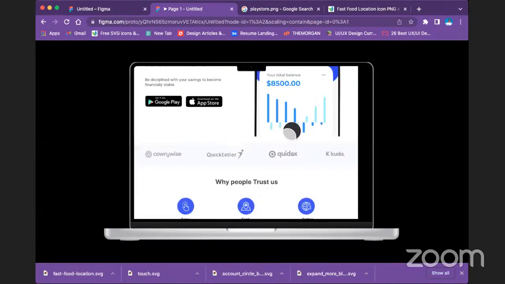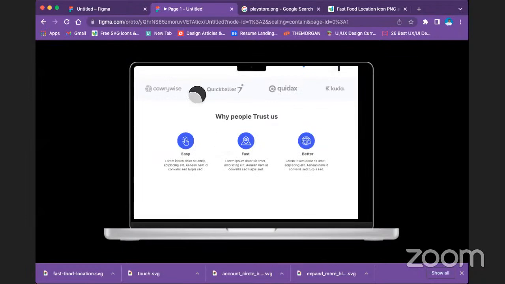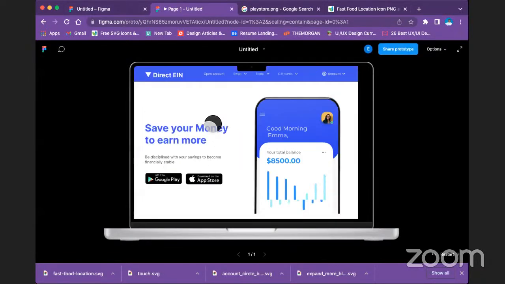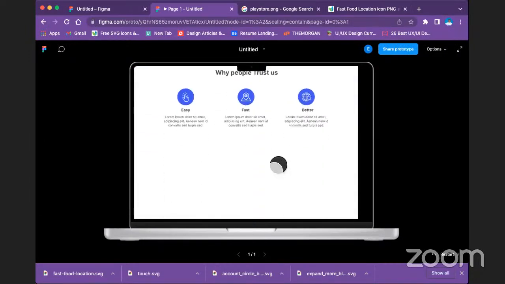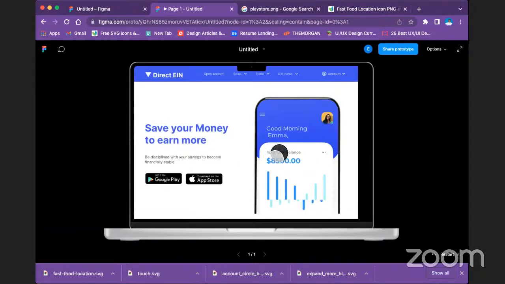So that's how you do down and down. You might decide to take your time to start designing it one after the other, down and down, till you get to your footer. So is there any question